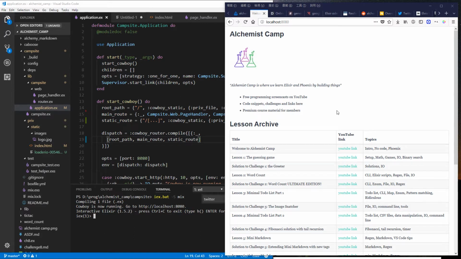And today we're going to continue building the Alchemist.camp site itself, and that's going to involve cloning just a little bit of what Plug does, and we're going to use it the same way Phoenix does. We're going to use it to update things in our request. Actually, to be specific, we're going to update the response code, because right now the response code, if you look